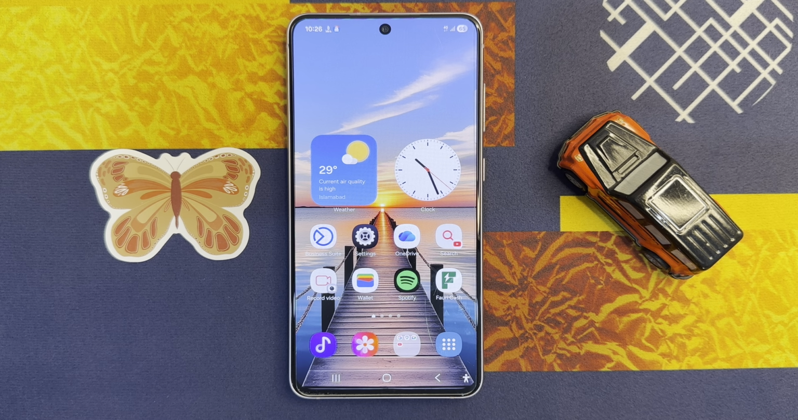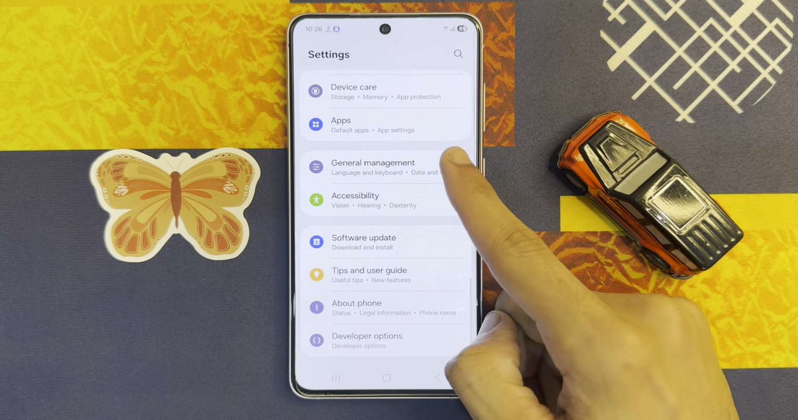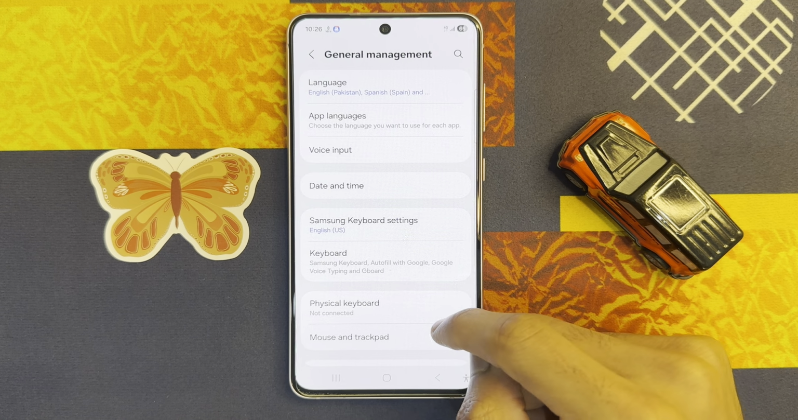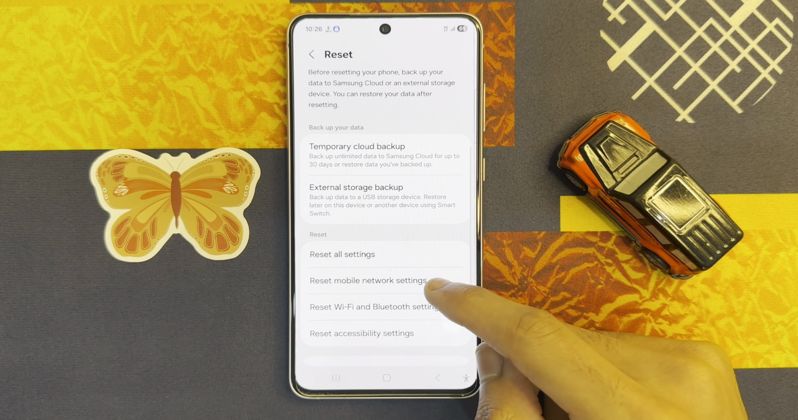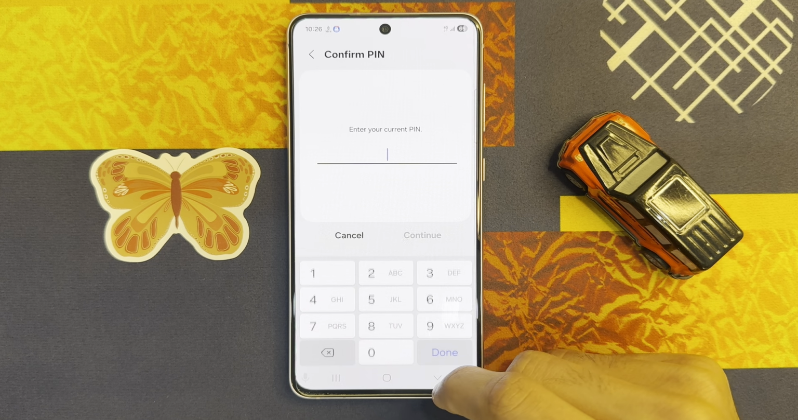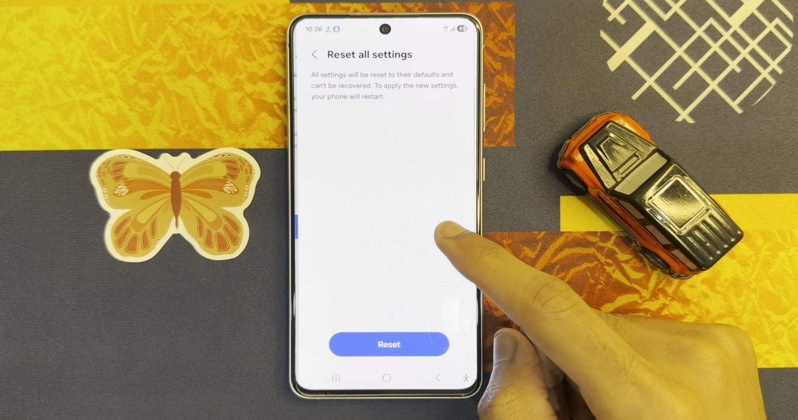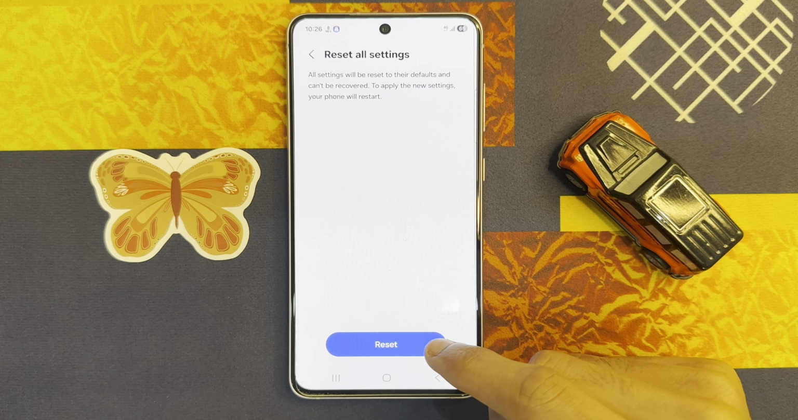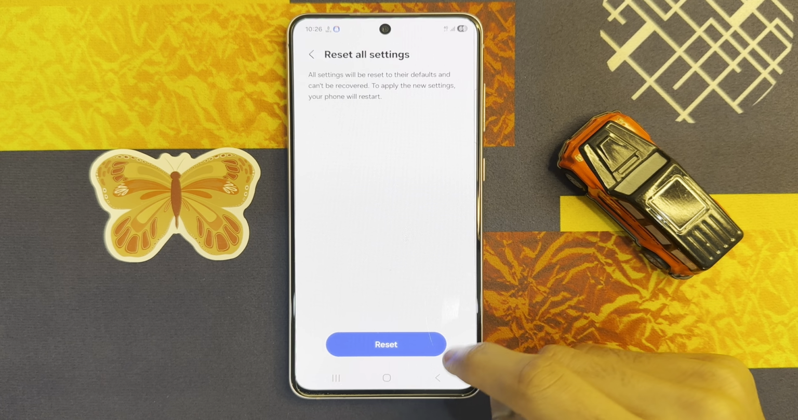But if it's still not solved, click on settings app, click on general management, scroll down and click on reset and click on reset all settings. Reset settings, enter phone pin, click on continue. It just resets all settings, it does not clean or remove your phone memory and data. After the process, go